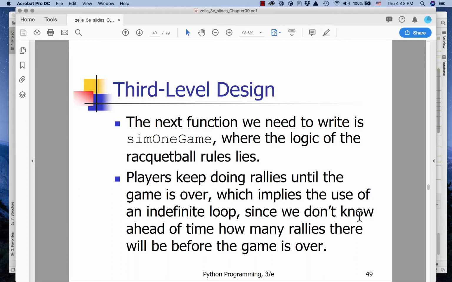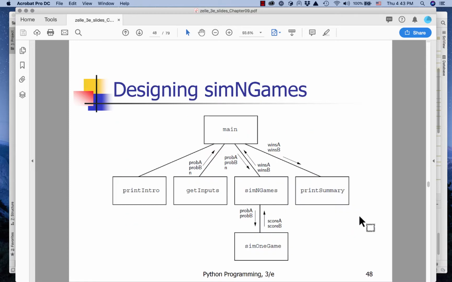Third level design. Okay. So I'm just going to back up. Print intro, we don't need a third level. Get inputs, we don't need a third level. Sim N games, we needed a third level, and we designed one. Okay, so now we need to do the design inside the function Sim1 game. Print summary, it's going to turn out we don't need a third level. So we only go as far down as we need to, and